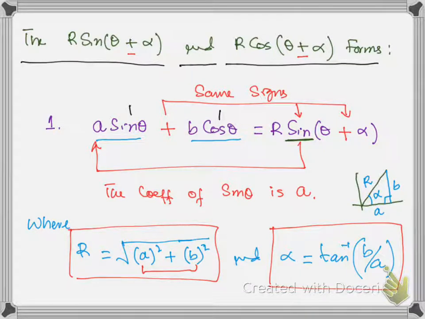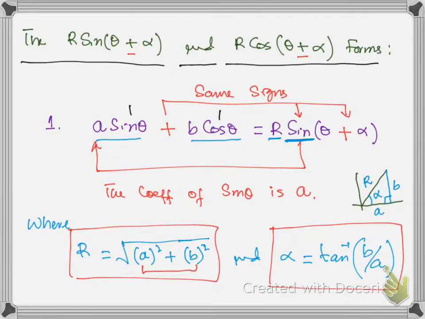So I was explaining, we have same signs when we have r times sine here. And this is very important, how to decide the value of a. When we have sine here with r, then the coefficient of sine on the left side will be a. This is the way to decide the value of a. And automatically the other coefficient will be b. So we need to check the function which is multiplying with r. If the function is sine, then the coefficient of sine on the left side will be a.